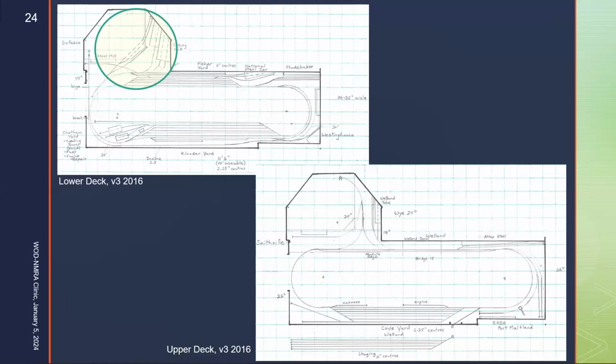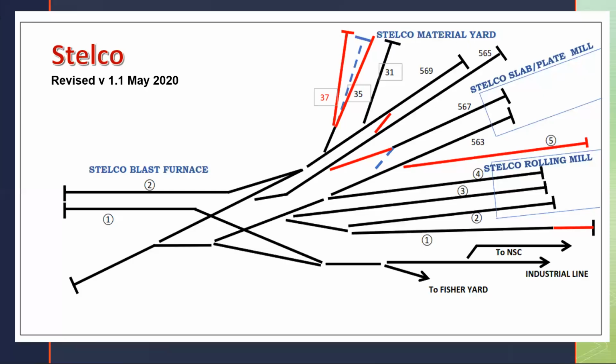And here's an example of it. That circle highlights the Stelco, and you'll note that it started out as DeFasco. There's another change from one steel company to another. That was partly around synergies among customers on the layout. But it's amazing to me, when I think back over time, how much just this one portion of the layout has changed. So I pretty much laid down all of the track that you see here and was looking at adding in the red lines when the